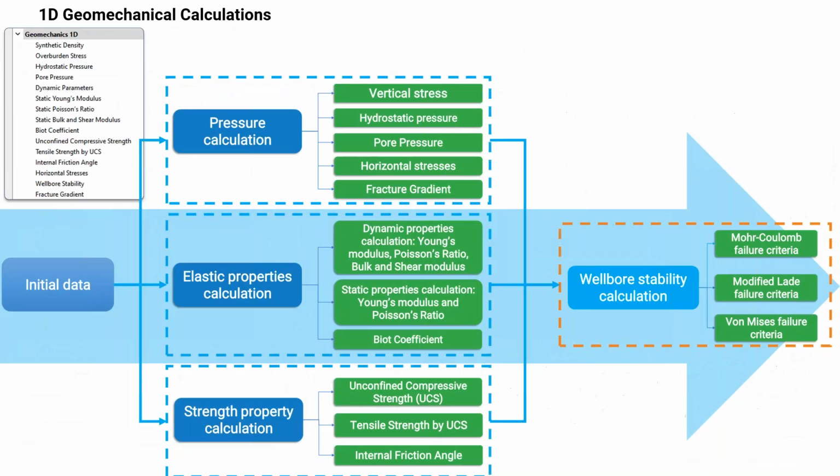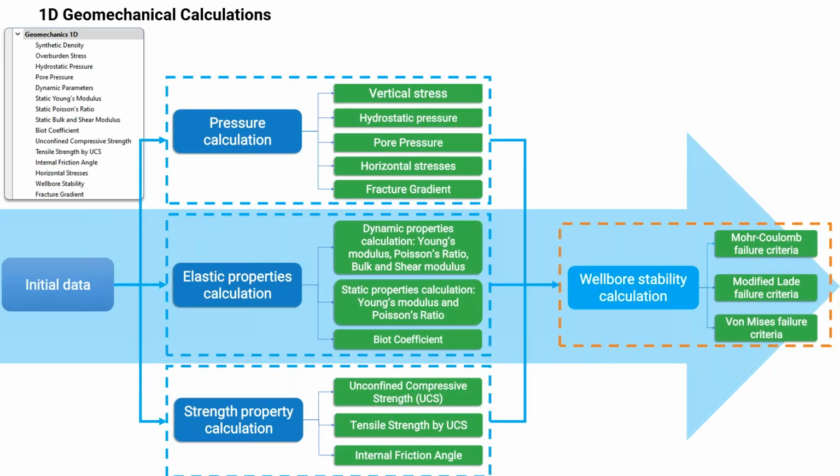Now, that borehole information is also very useful when we're looking at minimum stress and maximum stress. Over the last year and a half, we've really expanded the offering for the geomechanical calculations we have. I think we now have over 40 to 60 geomechanical calculations and variations of these equations within tNav that focus on specific areas like pressure calculation, elastic properties calculation, and strength property calculation, and more recently looking into wellbore stability